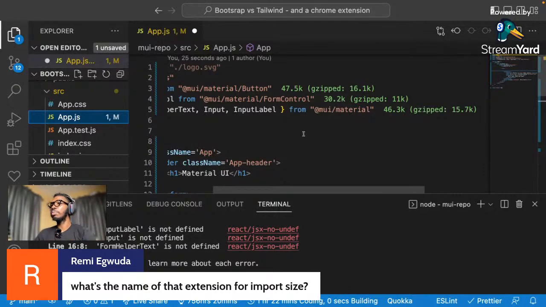So on this page alone, we have 47.5 plus 30. I'm actually calculating these on a calculator. And guys, if you've been enjoying these live streams, you observe that my picture quality is a bit better. Is it better? Can you see I look finer? Okay. 30.2 plus 46.3. So on this page alone, we've not written our custom React code, and we have more than 120 kilobytes,